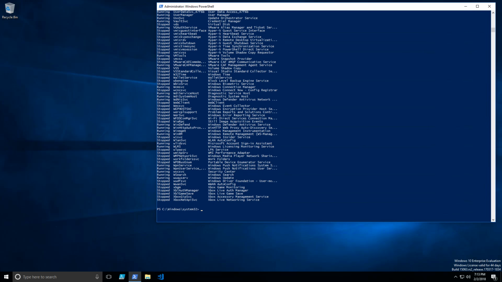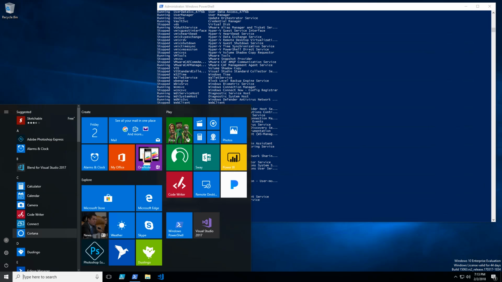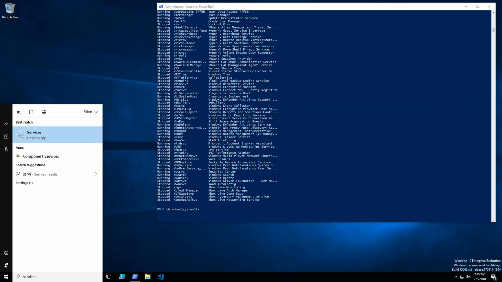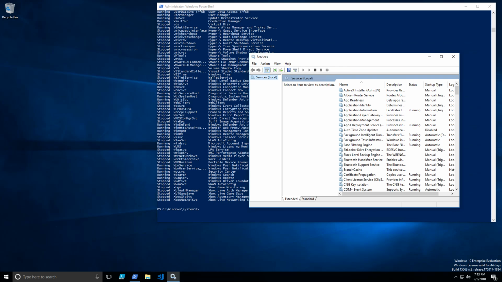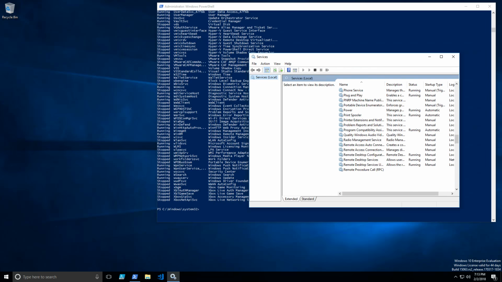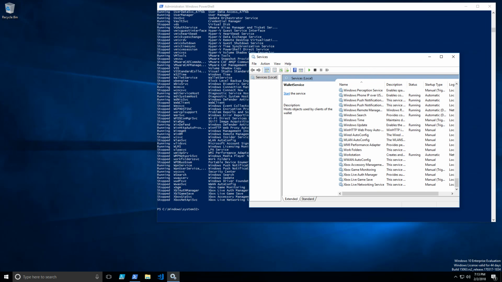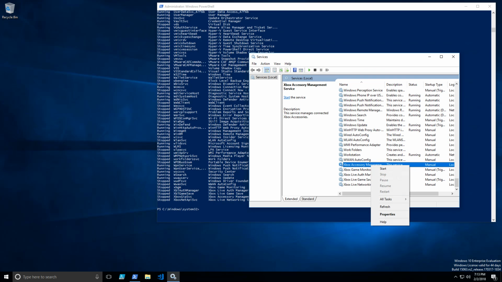If you're just in services and you see a service and you need to start it, you go to services, wait for that to load, scroll down, or just press W, scroll down to what you're looking for, and right click, click start, and it takes a little while, and then finally, after all that,